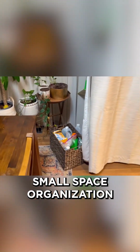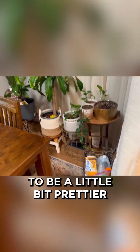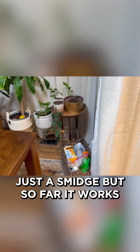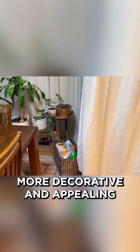Small space organization. I might swap that out because sometimes I don't like looking at it and I want this area to be a little bit prettier. I think that kind of jacks it up just a smidge, but so far it works, it's functional. I have this curtain here again to kind of make it look a little bit more decorative and appealing, but